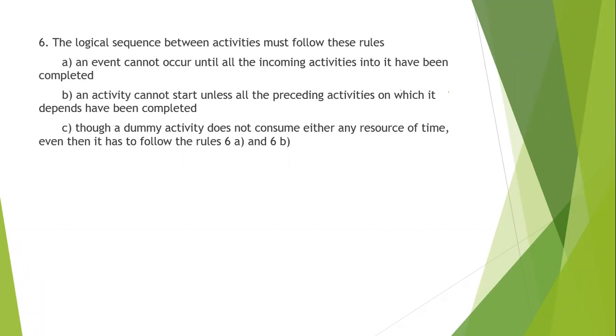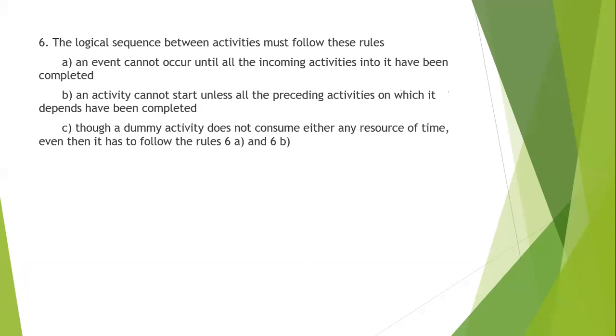Let me clear it out again. I'm repeating. Let's say D starts only after B and C end, and B starts only after A ends. So now I know that B will start only after activity A ends. So that diagram is ready. And then D will start only after B and C have been finished. Now B is indirectly dependent on A, so D is indirectly dependent on A also. So for B and C to complete, even A has to be completed. That means when D starts, all of A, B, and C activities have to be completed.